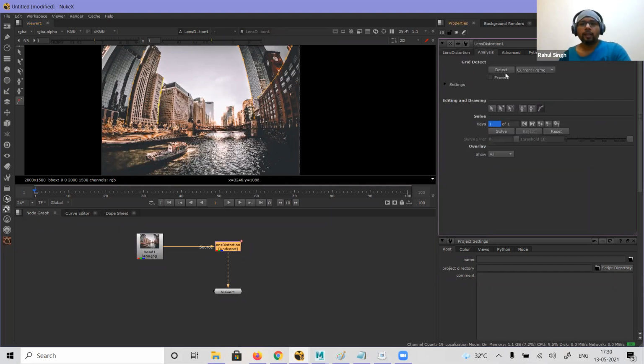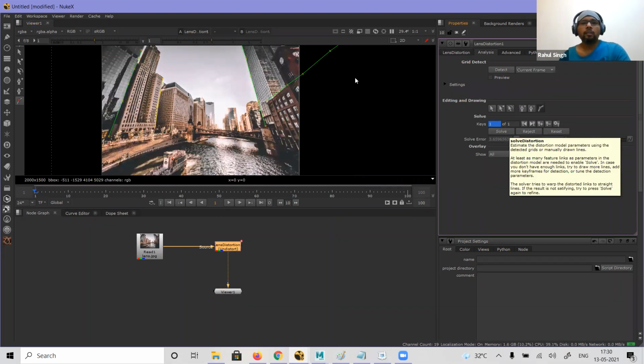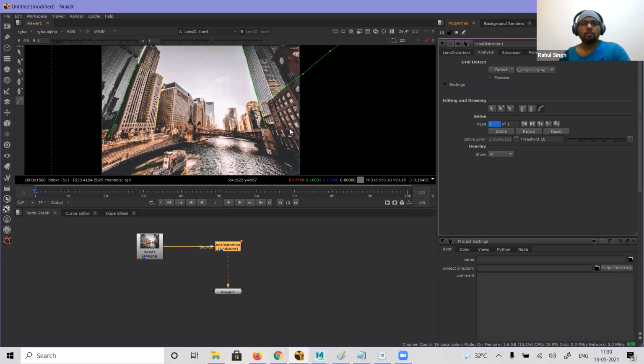Now I can go ahead and solve, right? On the basis of that, automatically it will try to solve the lens distortion. Okay, now you can see that it has solved it, it has corrected it.